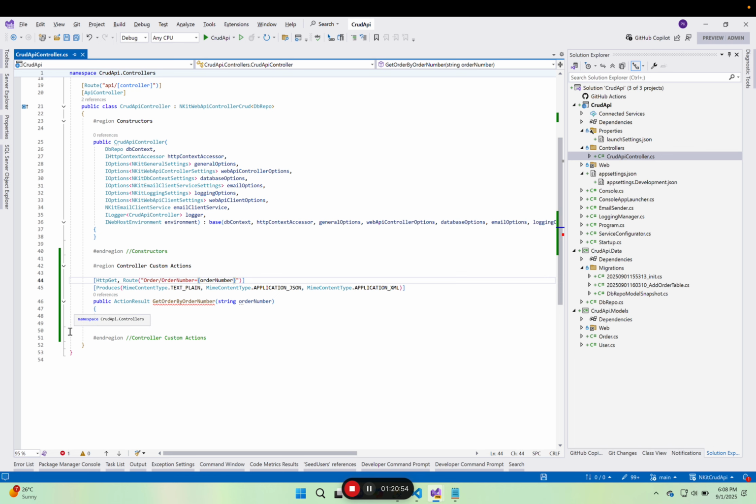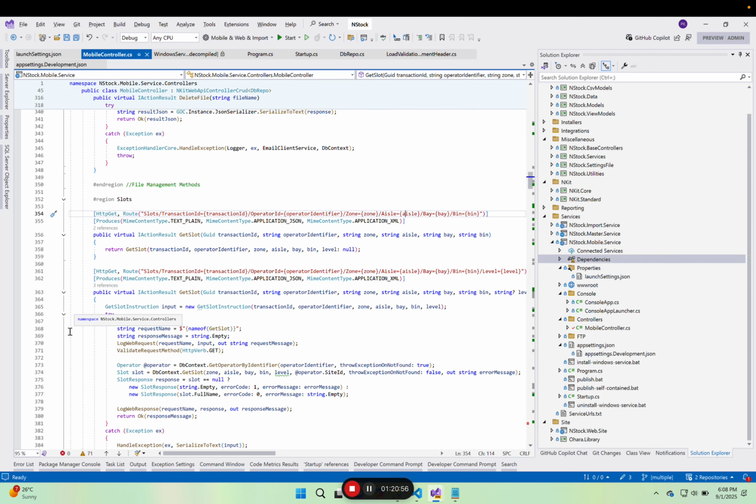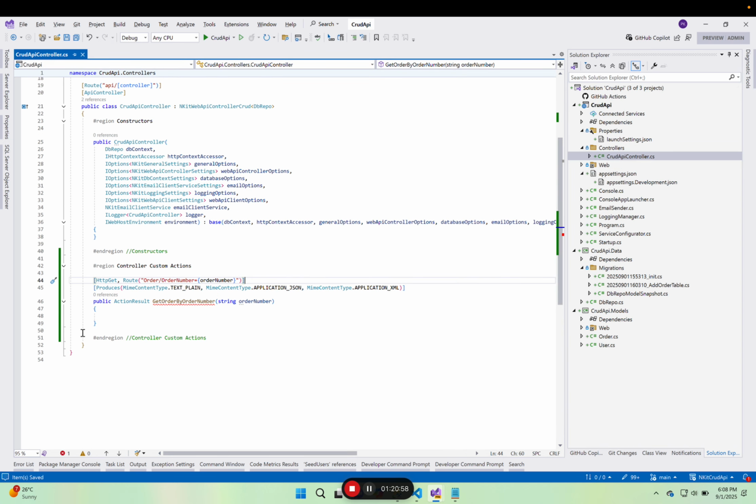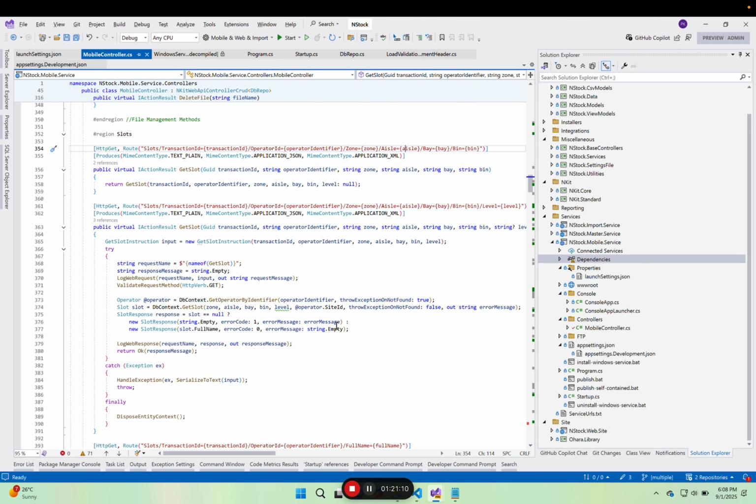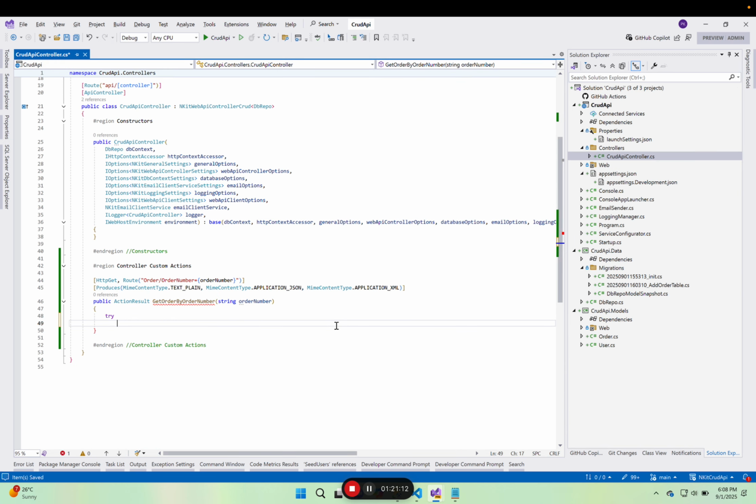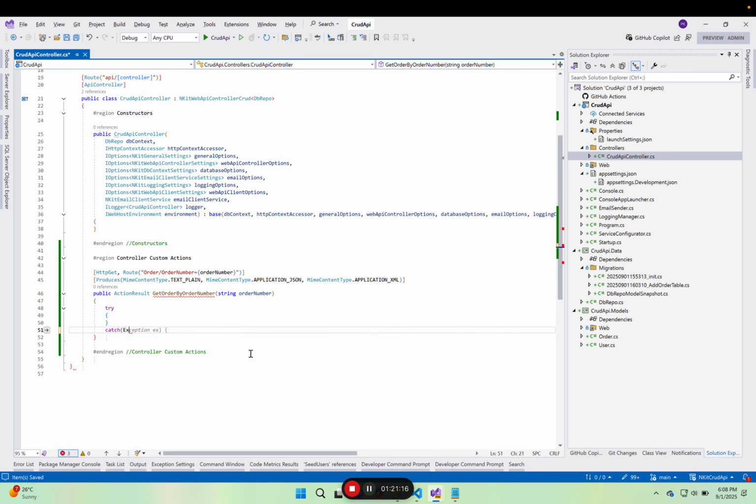Order number equals, like that. Okay, so that needs to be mapped to that. So whatever you pass into the URL is going to come in on your action method over there. All right, and what we also need to do is go catch exception,